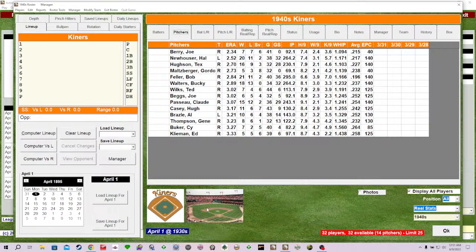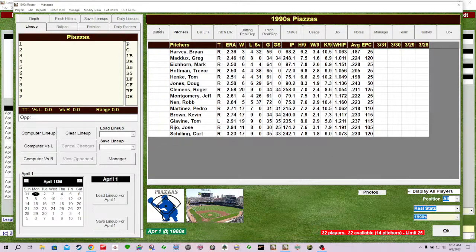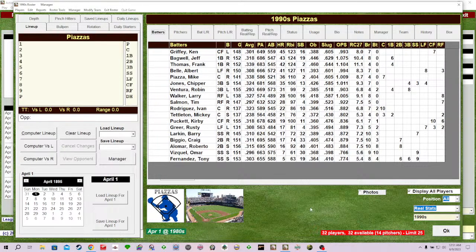I just assigned ballparks to wherever. I know there's a lot of, for Aaron and Robbie, we'll look at 1990s baseball here. The Piazzas. And you got the Kid, you got Jeff Bagwell, you got the Big Hurt, Albert Belle, Chipper Jones, Robin Ventura, Larry Walker, Tim Salmon, Pudge Rodriguez, Mickey Tettleton, Kirby Puckett, Rusty Greer, Barry Larkin, Biggio, of course, Roberto Alomar.